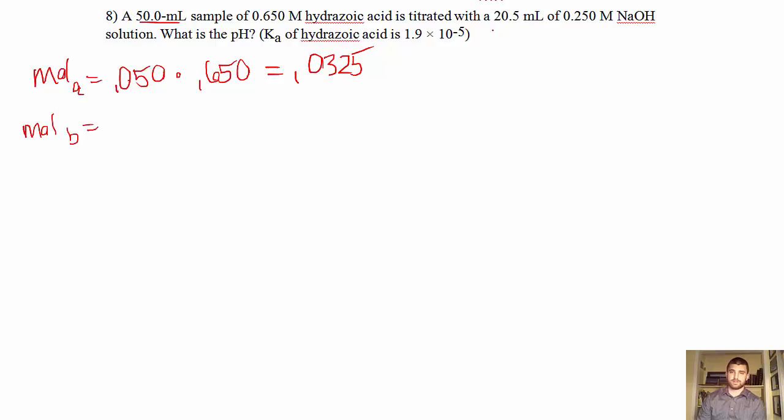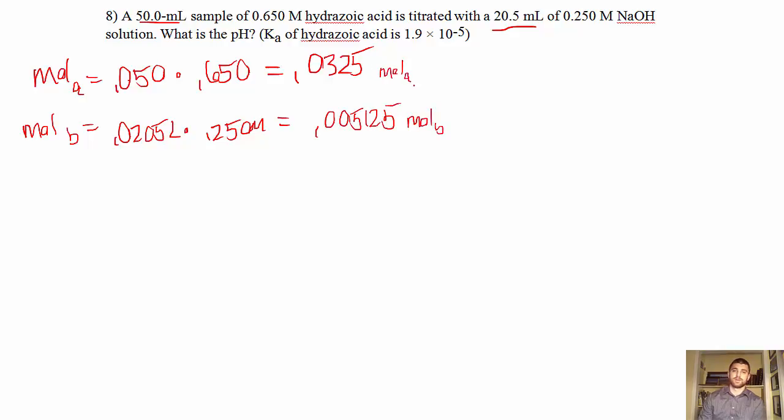Now I got to do the same thing for the base. Equals the volume of the base, 0.0205 liters times 0.250 molar, which equals 0.005125 moles of the base. And this was moles of the acid. So now the question is, which one do I have more of? Well, I have more acid. So how much acid do I have after I add that much base? So I got to do a subtraction right here. I end up with